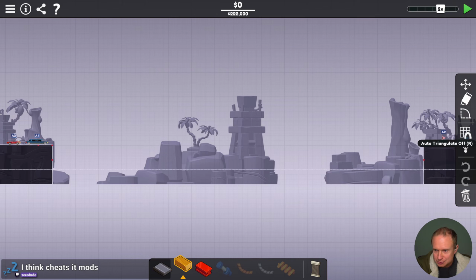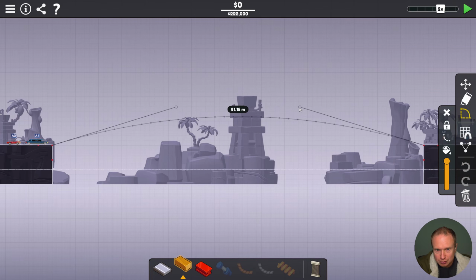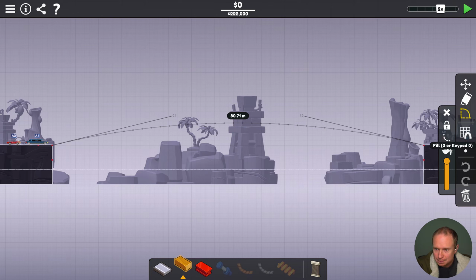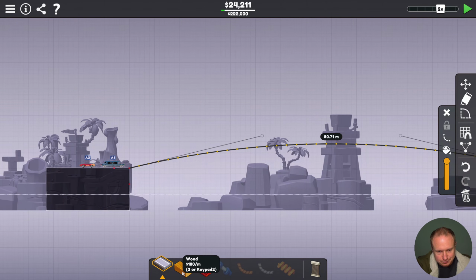Now, this strikes me as one of those times where if we can get the limousine onto an arched bridge, even slightly, like, we can probably get away with this. Oh, cheats his mod? Okay, interesting. And then...